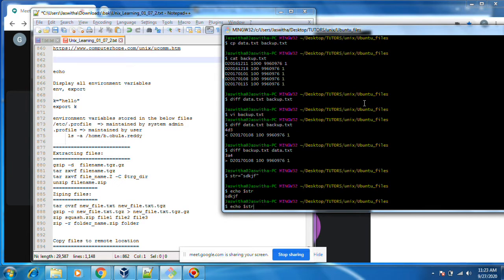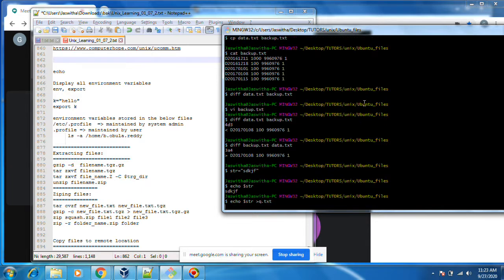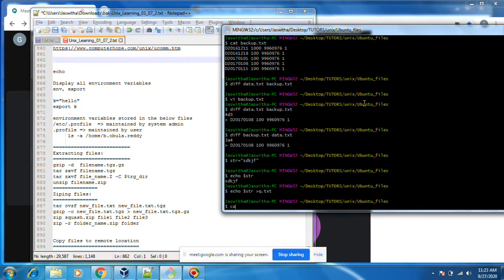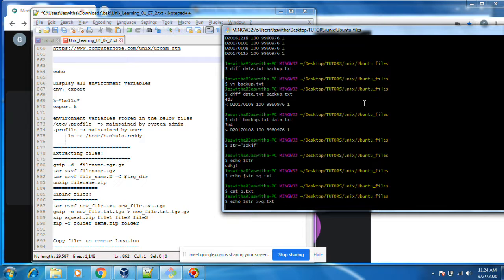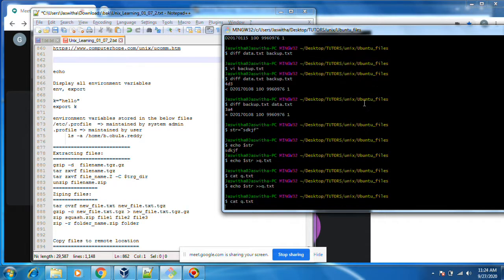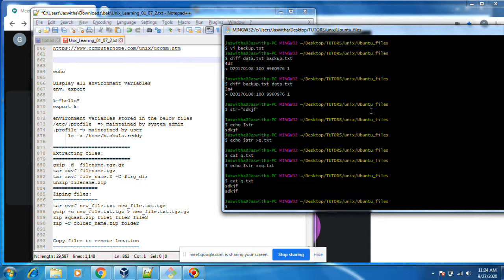If I want to send the output of the variable into some other file, I open that file and put the data into it, like this.